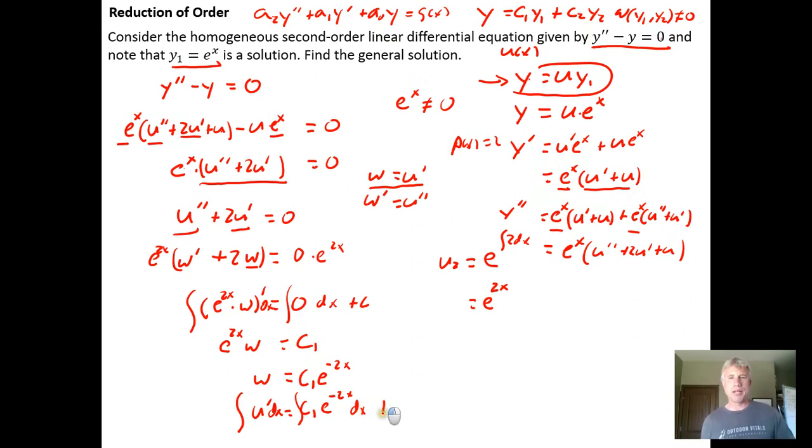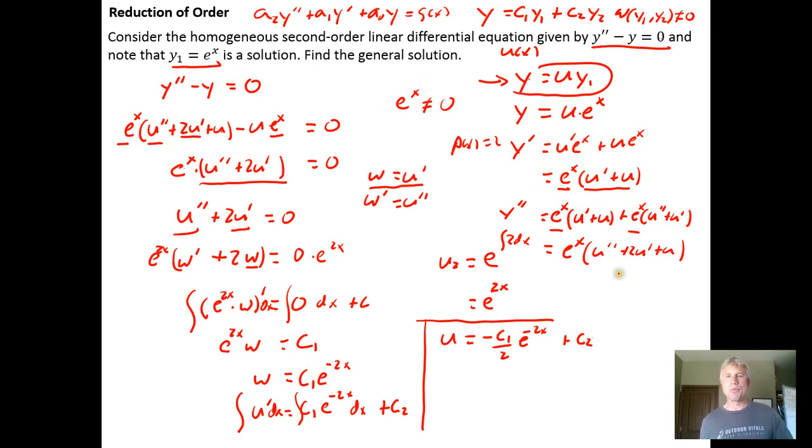And we're going to get another constant of integration when we integrate u prime. So I'm going to walk this up here a little ways. I need some space. So the antiderivative of u prime is u. U equals, the antiderivative of this is going to be negative c sub 1 over 2 e to the negative 2x plus